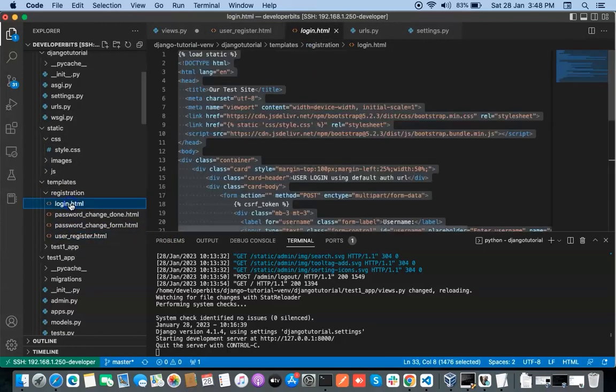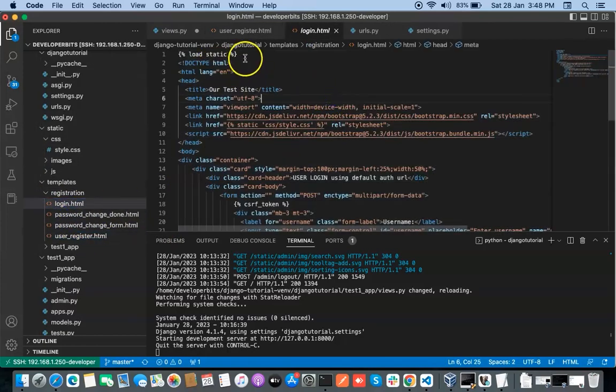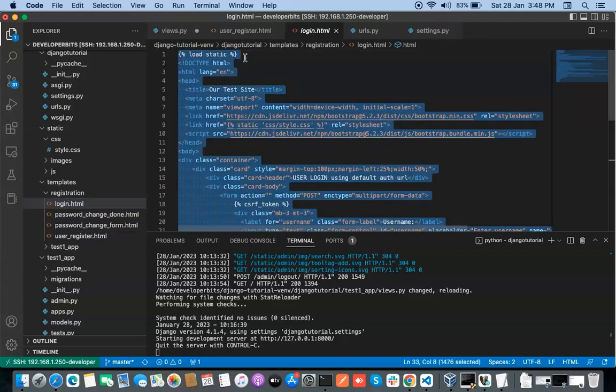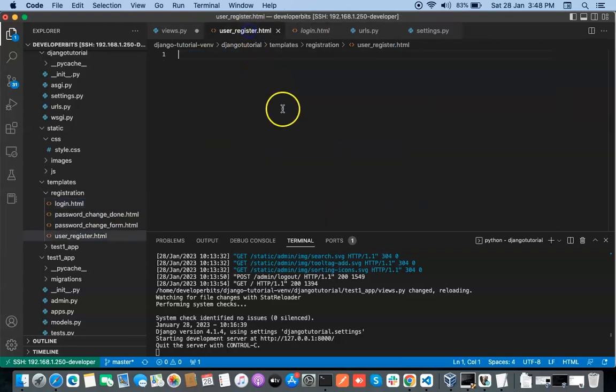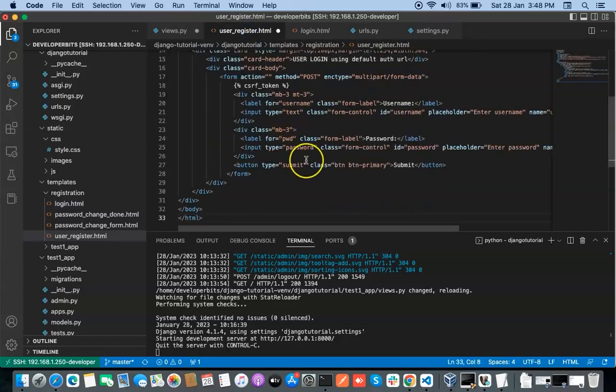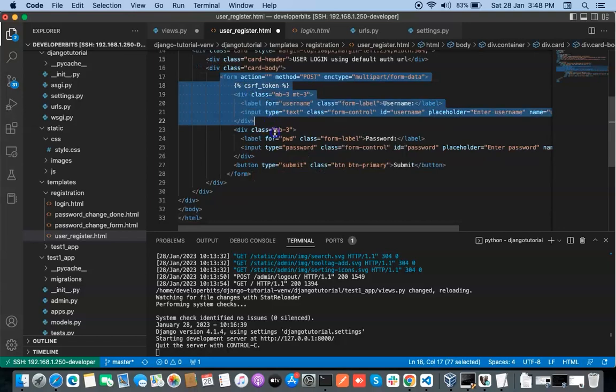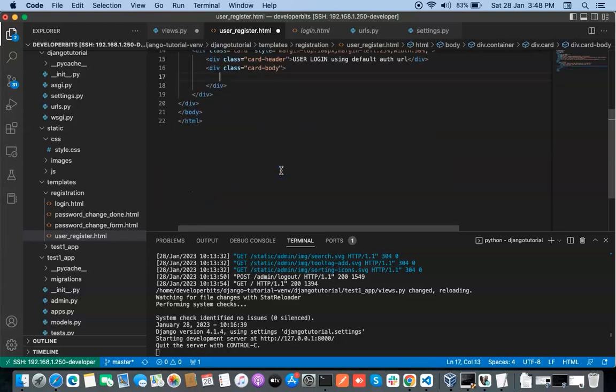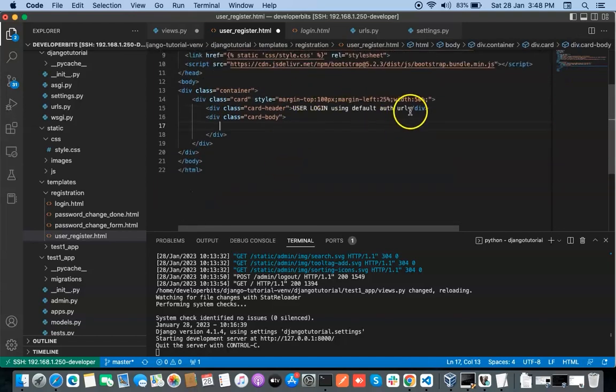We shall go to login.html, copy the HTML here and modify it slightly according to our requirement. So we don't need this one. Let me remove this one, and let me remove this one,